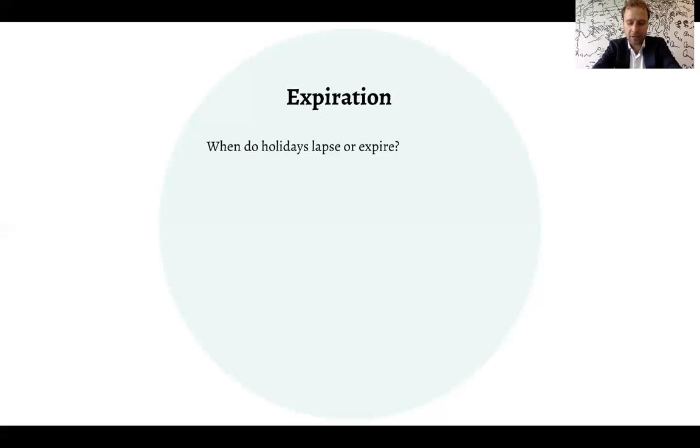But employees can interrupt the statute of limitations by informing the employer in writing that he continues to be entitled to holidays. So that's possible for employees for the extra days, because they expire, and that's a different situation than the lapsing of statutory vacation days. That cannot be blocked by an employee, but it can be blocked for the extra days.